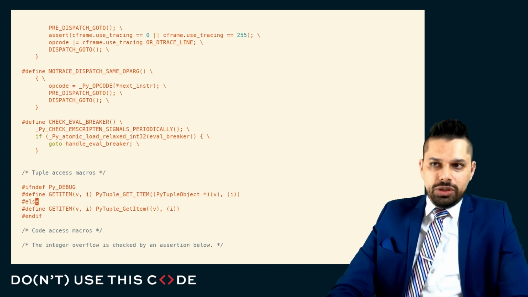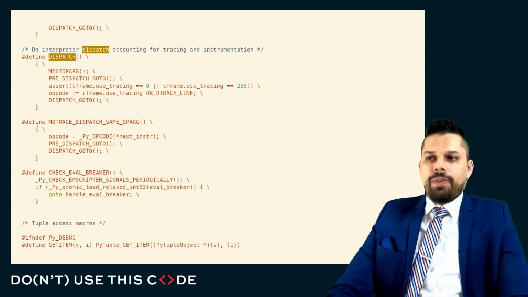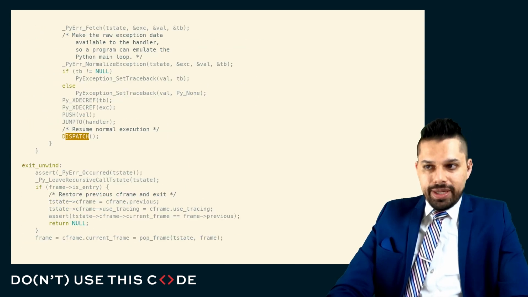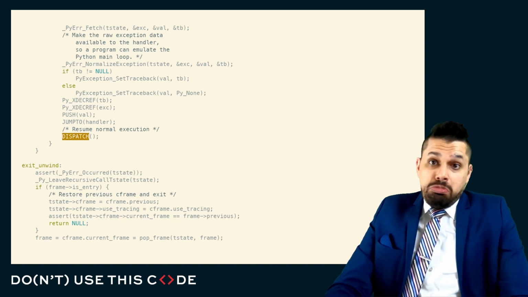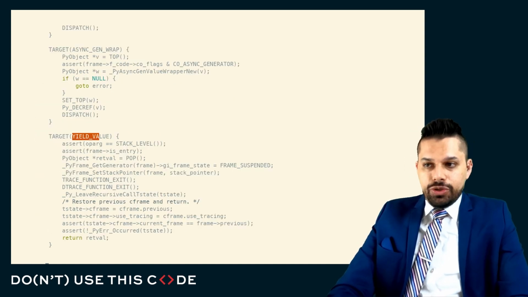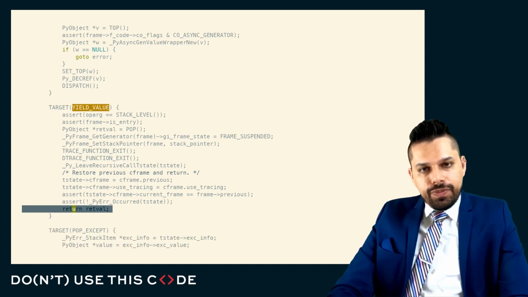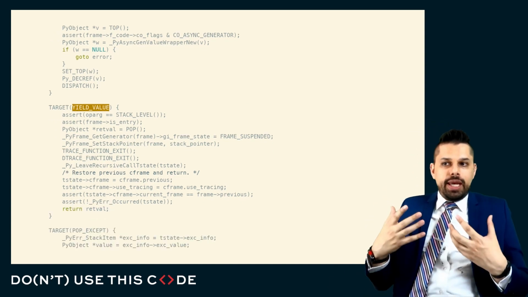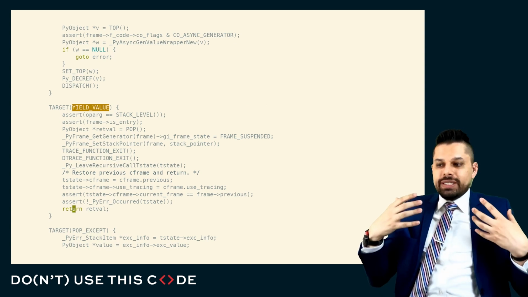So it's basically an infinite loop. This one function represents how we implement the execution of any bytecode in any function. When we get a yield value, a special thing happens. We return out of this function. Basically, generators in Python and functions in Python are implemented in exactly the same way.